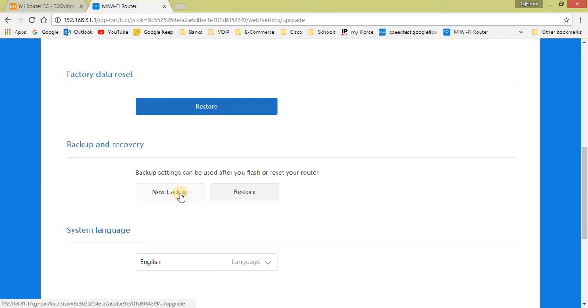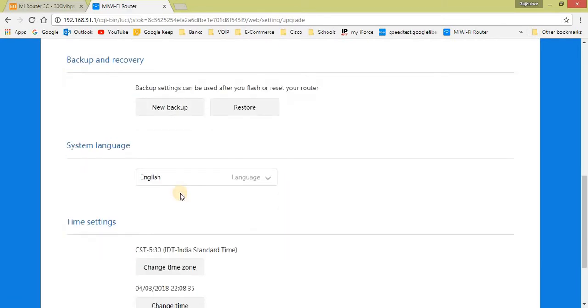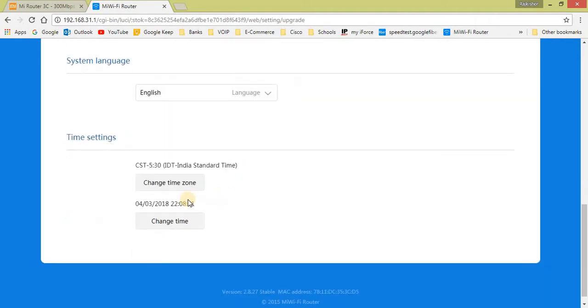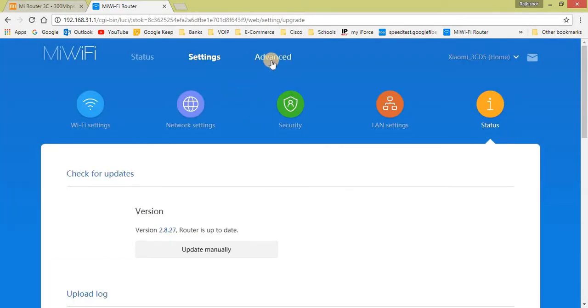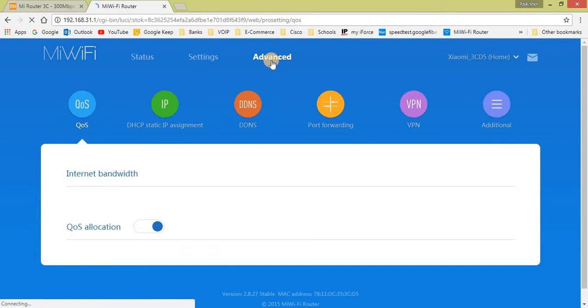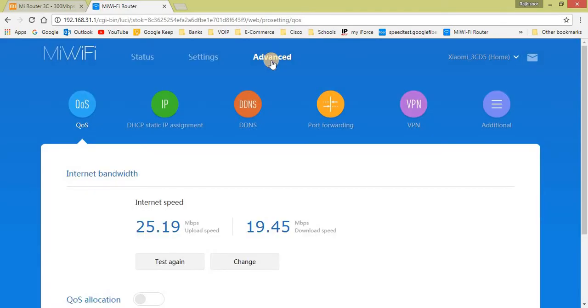Okay, so you can always take a backup if you find that sometimes you may have the configuration missing, so you can take the backup and restore as well. And system language and the time zone, so you can change the time zone and time as well. Okay, the last option, which is the advanced option, will give you really nice features to block based on the IP addresses or to bind the traffic,